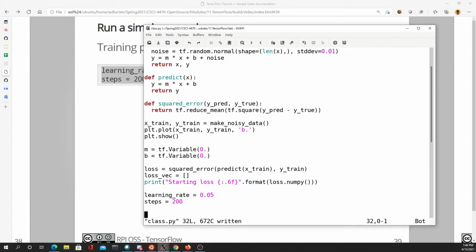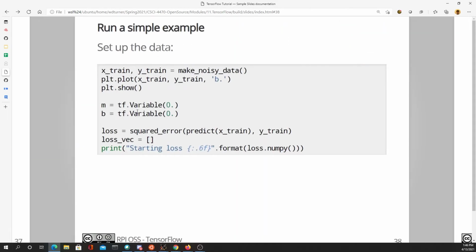If the learning rate's too high, you end up shooting way past the actual point where the solution is, and you can end up jumping back and forth over your solution without ever getting close enough, without ever approaching it. If the learning rate's too low, you're moving so slowly along the curve that it takes forever to actually reach the minimum value, the solution. So learning rate is something you have to tweak. 0.05 is a good starting value if you don't know anything else. But you may have to play with that for different problems. All right, so